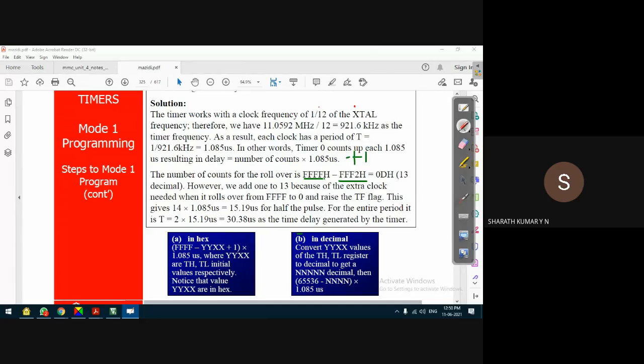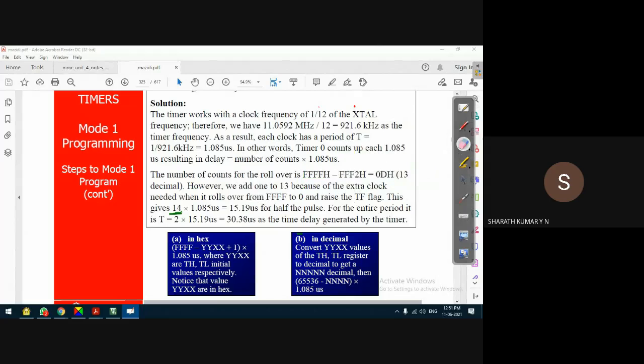I think the author has not written the plus 1 here, but it should be there, which gives 0EH. Yes, the author has considered it. But we want to calculate the delay, and this gives the number of clock pulses.